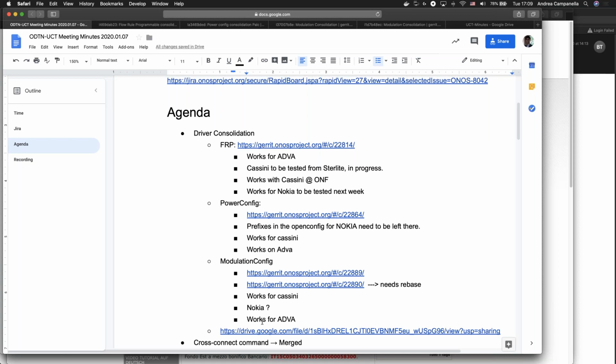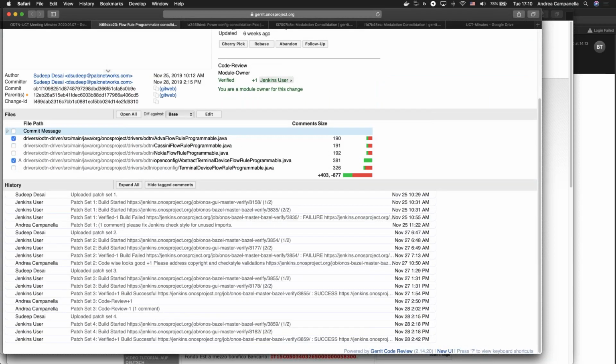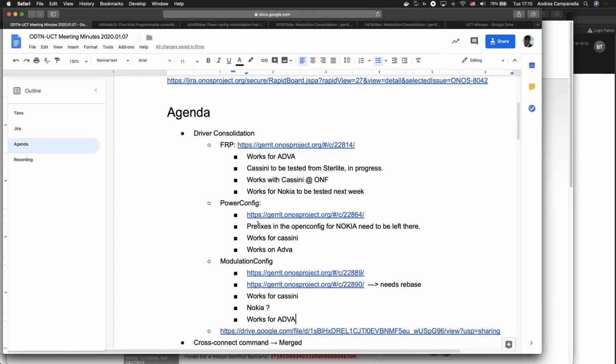So the state of the patch is that I think we can go ahead and merge this one with basically no issue. I need to make a final review, but I don't think there is any major comment from patch sets 3 and 4. So I don't think there's a problem there. I'll make a final pass, and if there are no issues, I'll go ahead and merge it.